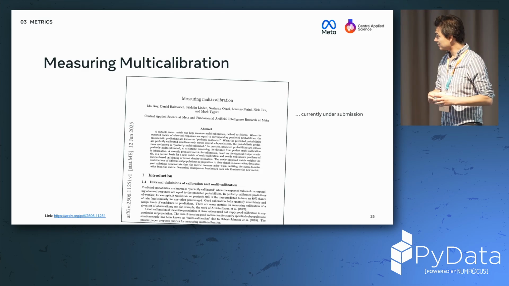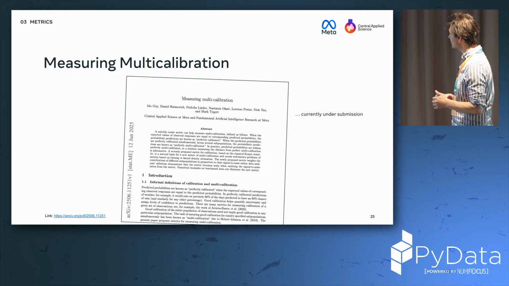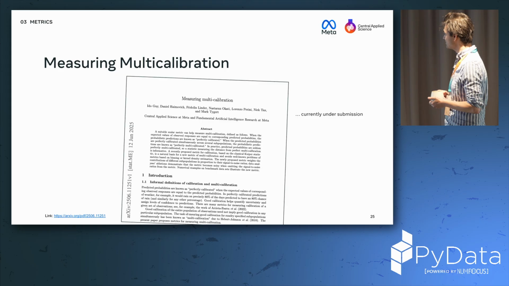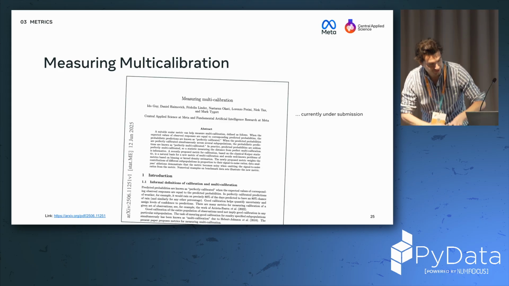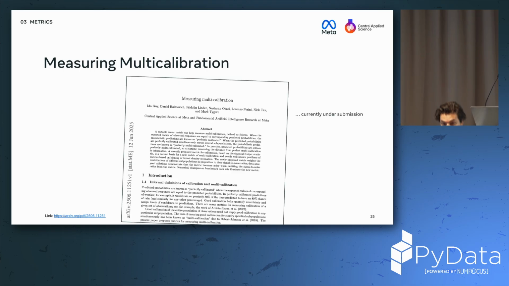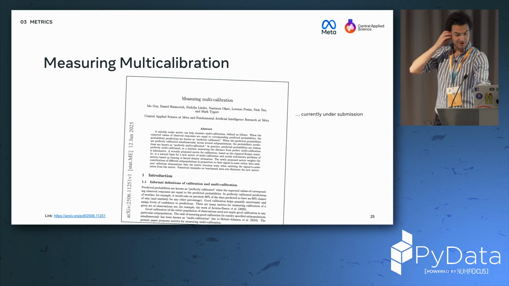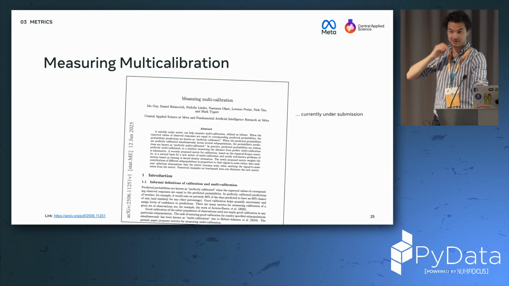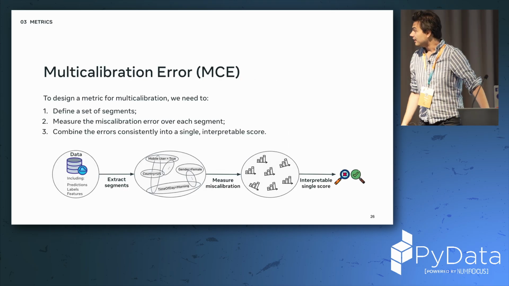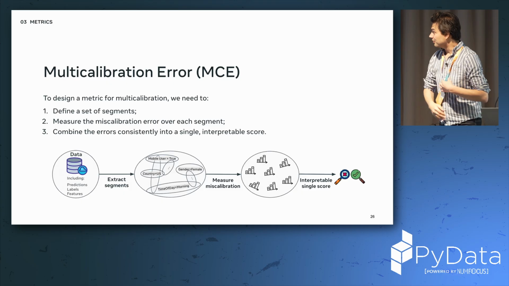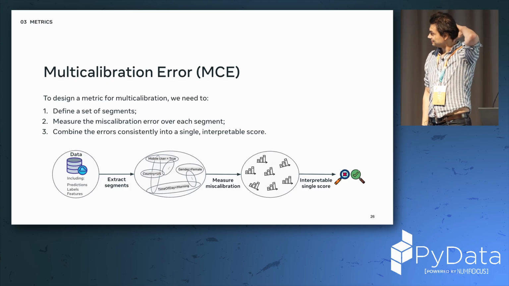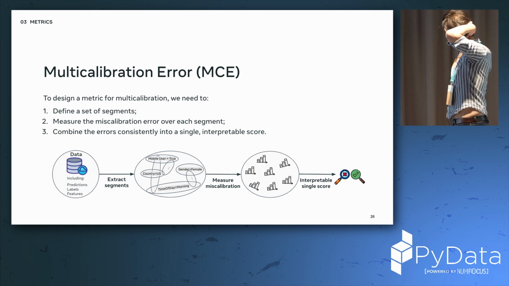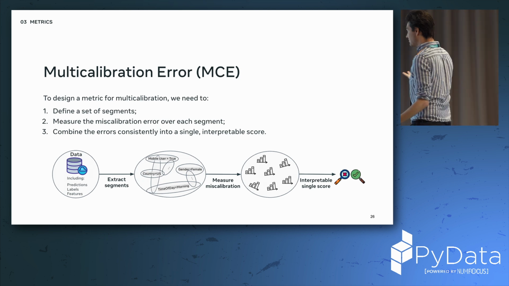So this is a paper. We submitted this to a statistics journal with the title Measuring Multi-Calibration, and it's a collaboration with the FAIR team at Meta. And there we came up with a metric called the multi-calibration error, which basically has